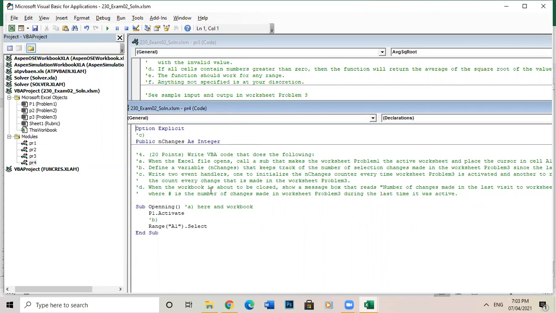And you need to define a variable called n_changes that keeps track of the number of selection changes made in the worksheet problem 3 since the last time it was selected. And you need to write 2 event handlers. One is to initialize the n_changes counter every time the worksheet problem 3 is activated, and another to record the number of times changes are made. And when the workbook is about to be closed, show a message box that reads the number of changes made in the last visit to the worksheet problem 3, where # stands for the number of changes made in the worksheet problem 3 during the last time it was active. So here what we're doing is,